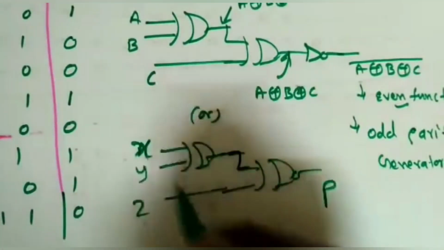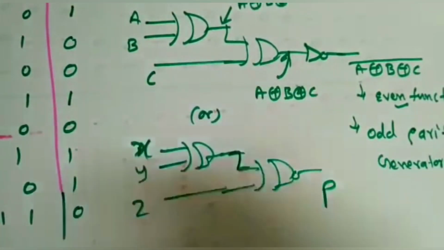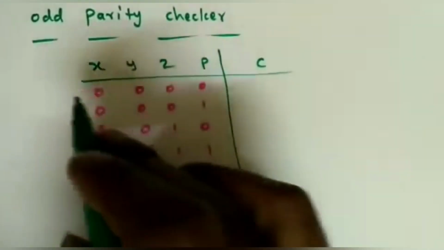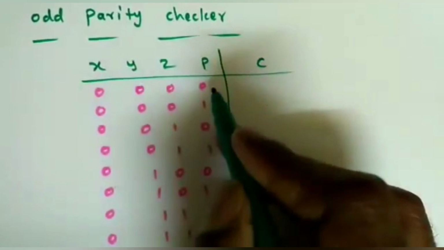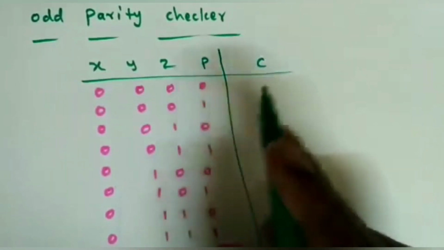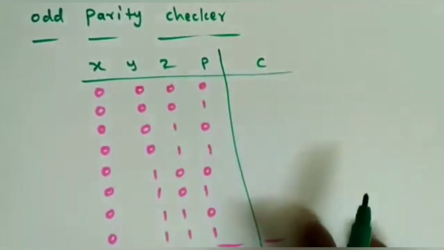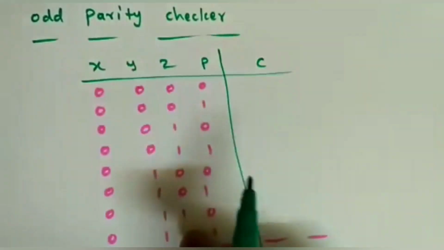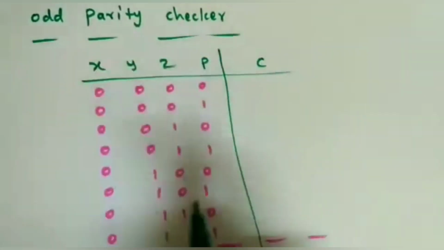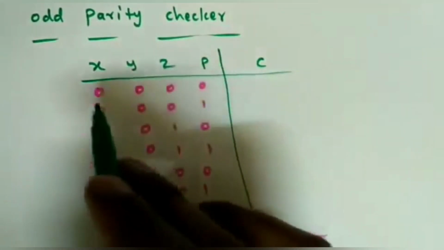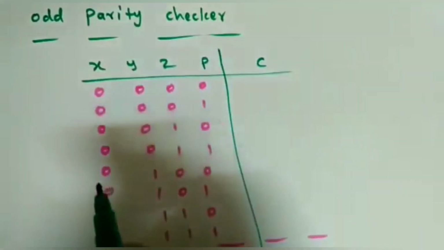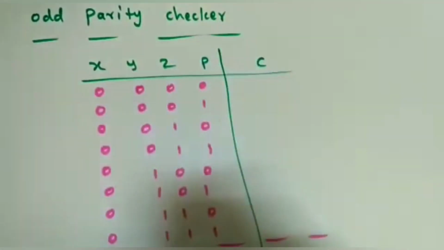If there is even parity, it is simply two exclusive OR gates. Now let's see the odd parity checker. What does this mean? It will count the number of ones. If there is an odd number, it will produce no error. How it checks is that it counts the number of ones. If there is odd parity, there is no error. If there is even parity, we will get an error.